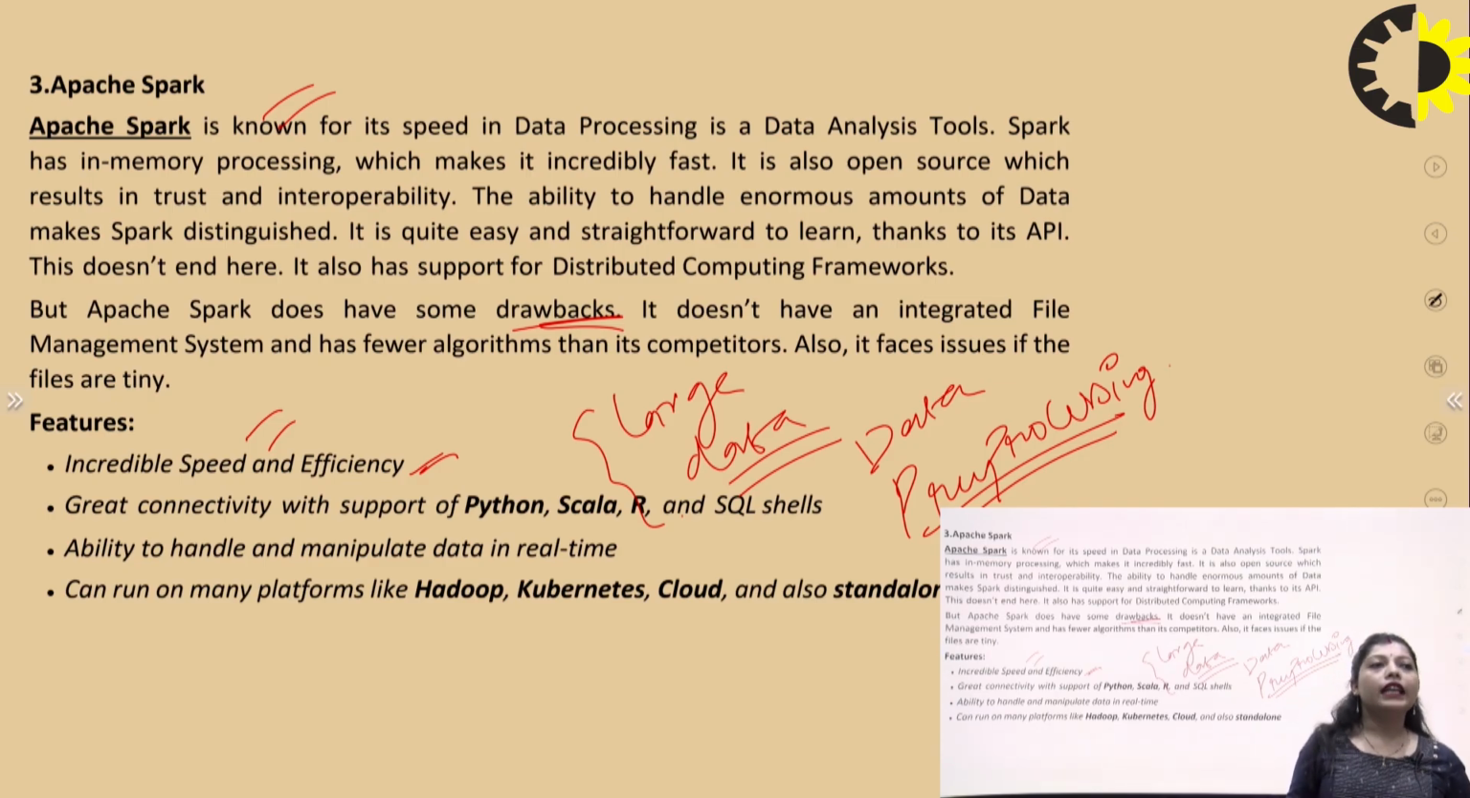And second is the great connectivity with support of Python, Scala, the R programming language, and the SQL shells. So if you are using Python, Scala, or R, you can simply use the Apache Spark data analytics tool for the processing of the data. Next feature is the ability to handle and manipulate data in real time. This tool works in real time. Another feature is that it can run on many platforms like Hadoop, Kubernetes, and Cloud,